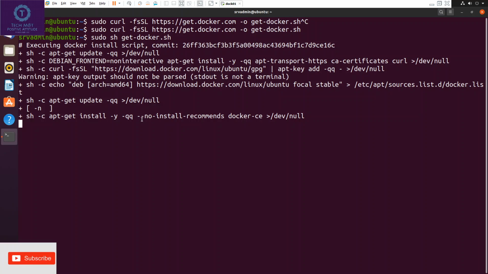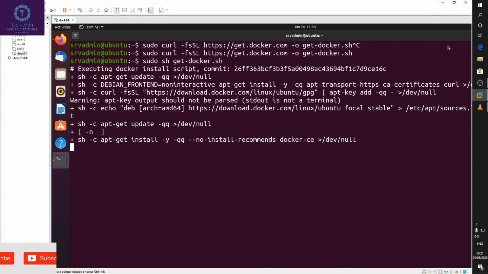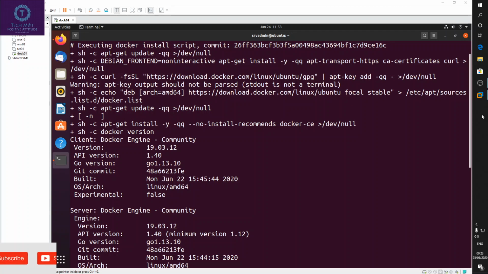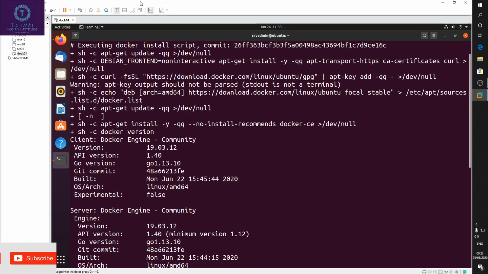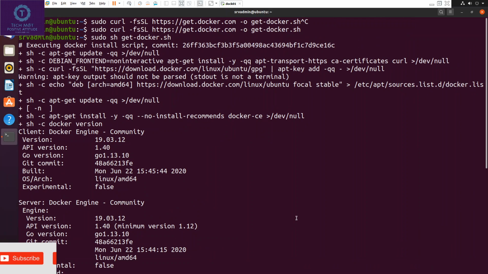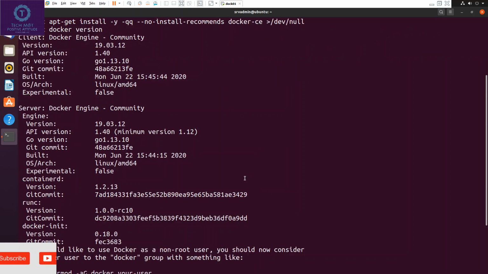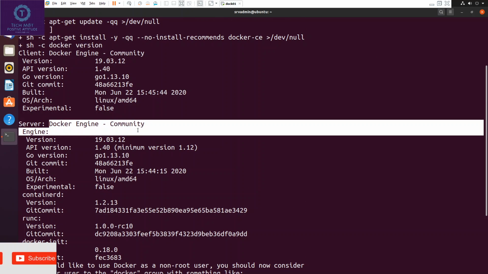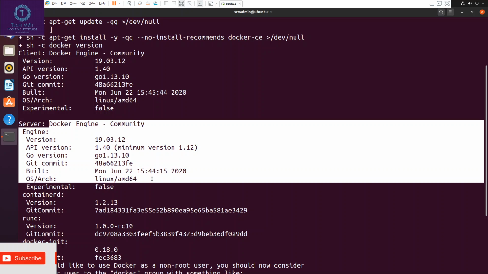It will take more than 5 minutes to install the Docker. Guys, installation has been completed.